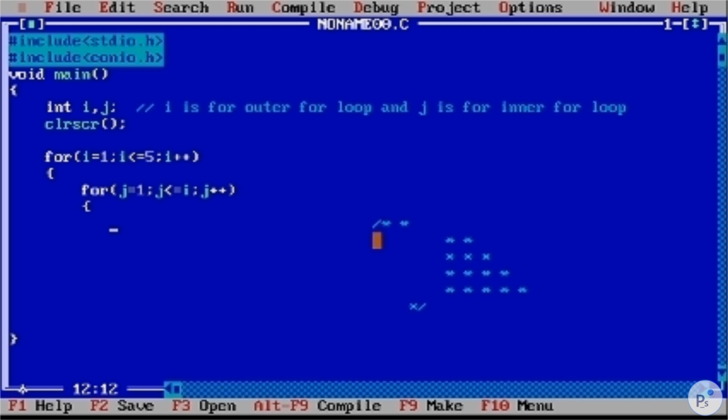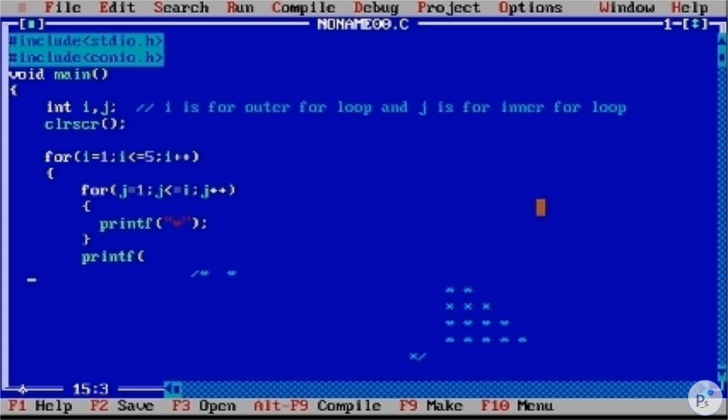So we are printing out the pattern. Yes, we are printing this way. So we will print our star, printf star. We'll print that out, and from that we will go to the next line, \n.